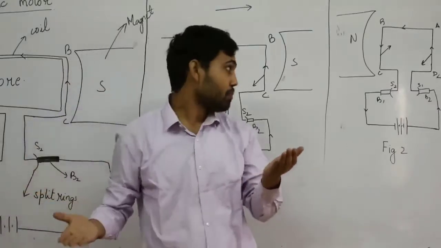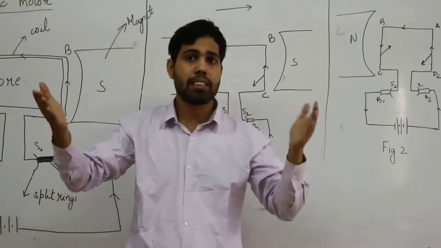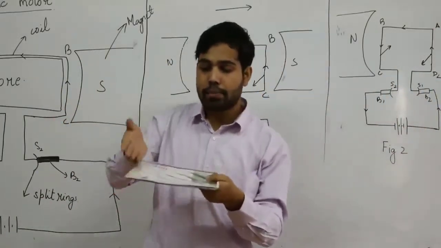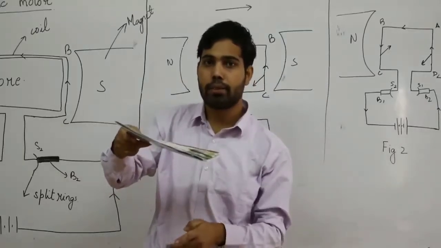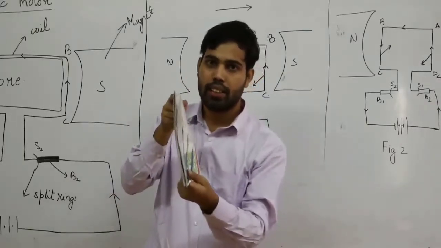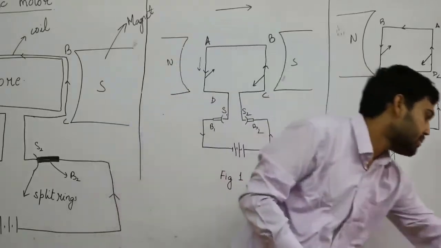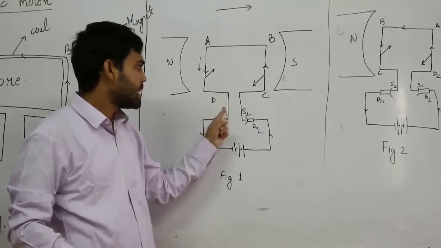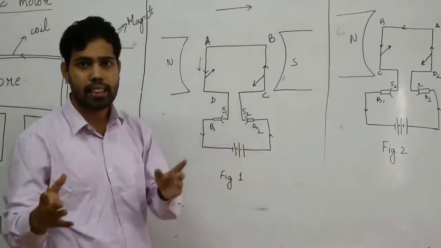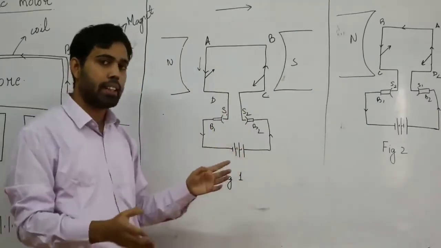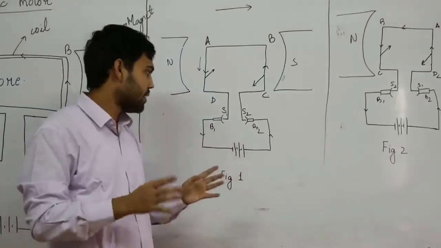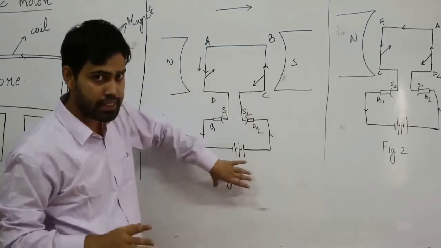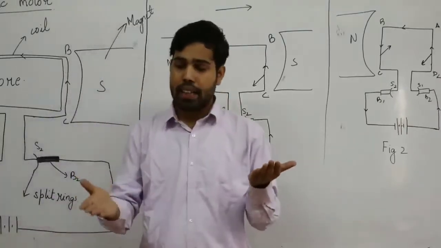So you notice one thing in here. This part is trying to move up. This part is trying to move down. So basically, if this is my coil, this part is trying to move up, but this part is trying to move down. So it will rotate. And when it rotates, as I told you in the construction, my split ring is fixed to the coil. So as the coil rotates, this split ring also rotates. Okay? The other things remain fixed. So this is my first part. This is happening in the first case. My AB is trying to move up.